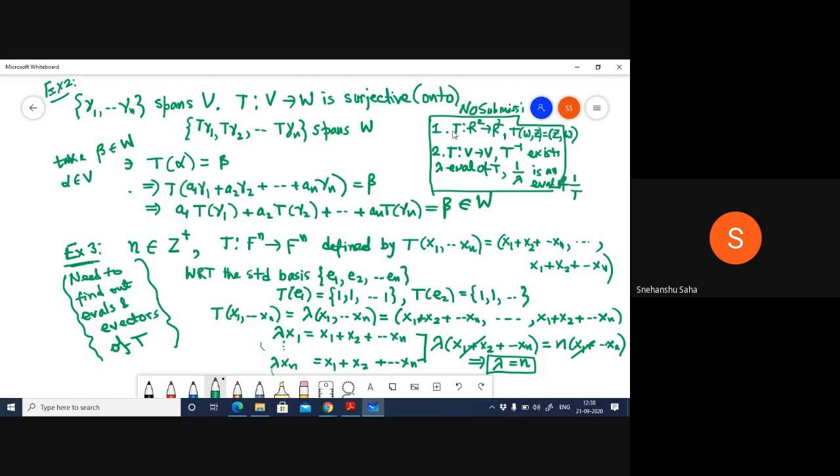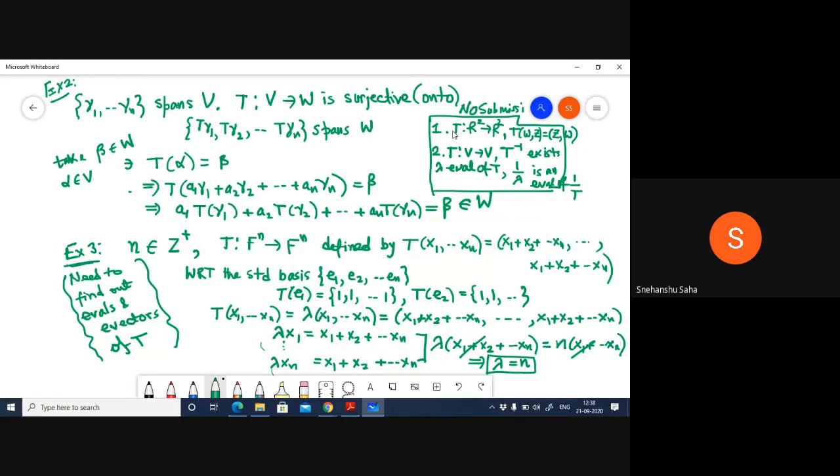I shouldn't have used this notation, but let's indulge me for a moment. By T inverse I mean 1 over T, but generally that's not the case. T inverse and 1 over T are not the same. Okay. So just try this out just for fun. There is no need to submit. And if you face any difficulty, you can talk to me.